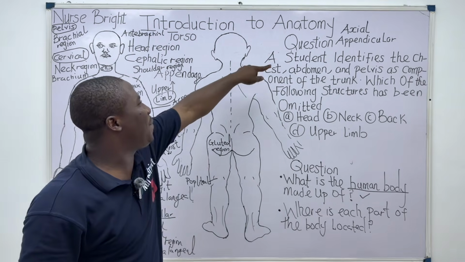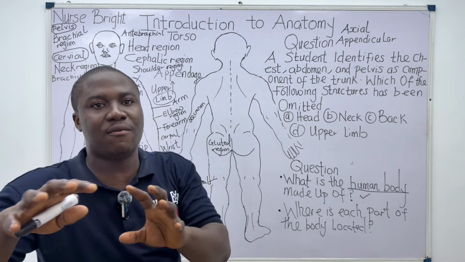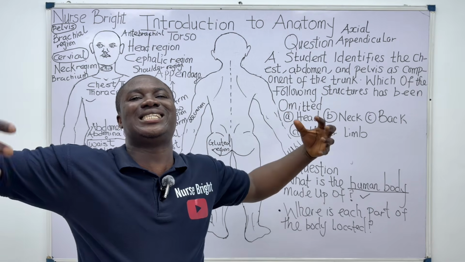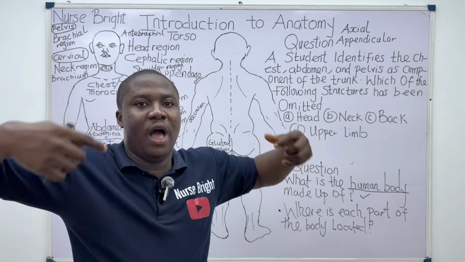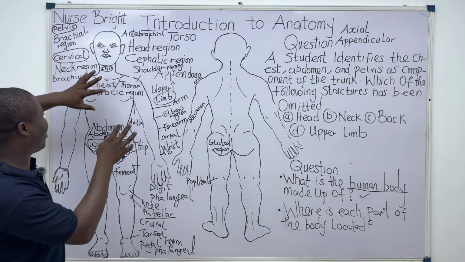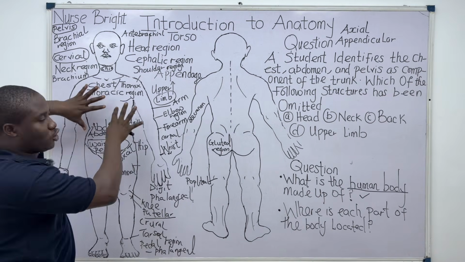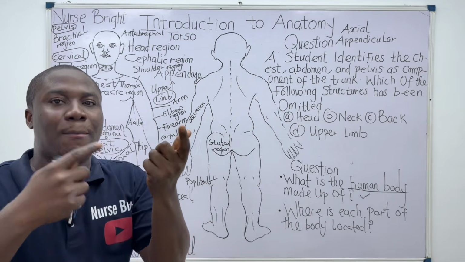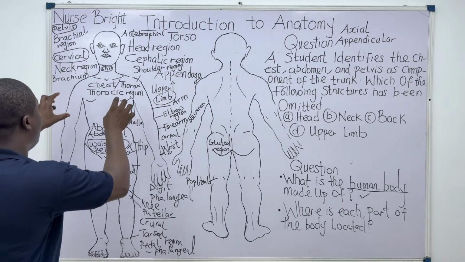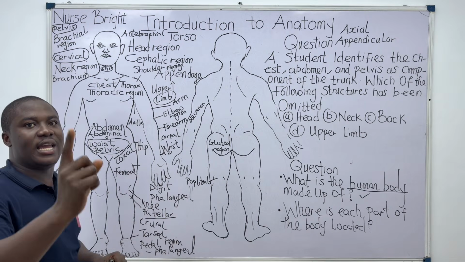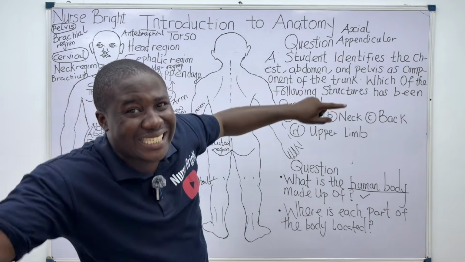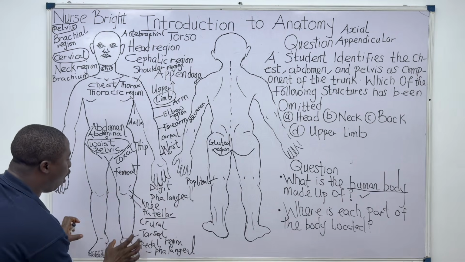While for the appendicular part, the word appendicular comes from the word appendage. Remember, we talked about appendage. Appendages are structures that come from the main body. The main body is what we have talked about, which includes the head, the neck, and also the trunk. So the trunk literally is the main body. So the appendages are those parts that come from the main body, which include the upper limbs as one part of the appendicular part of the body, of the appendicular skeleton. So the upper limbs, the lower limbs.